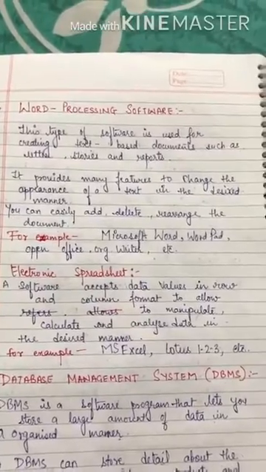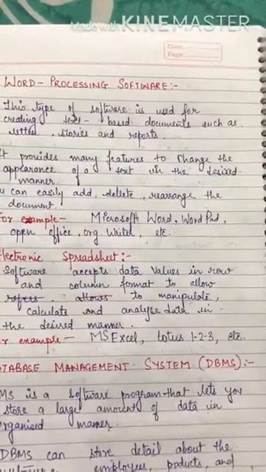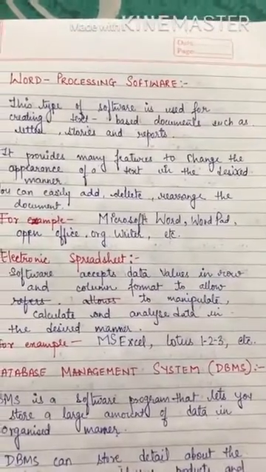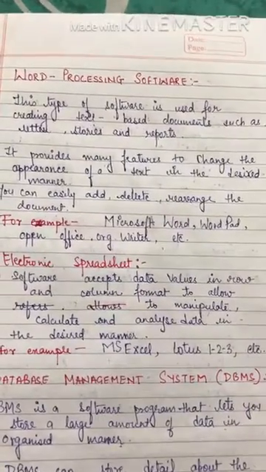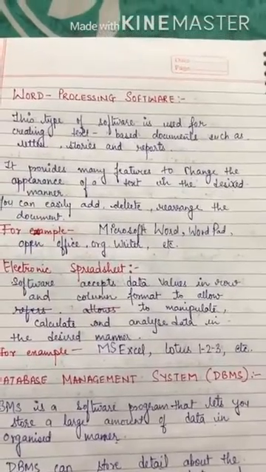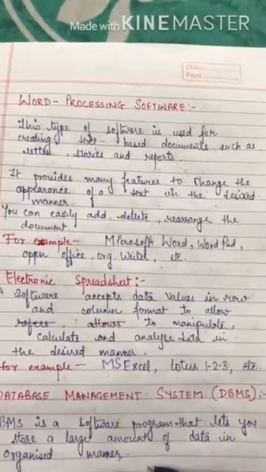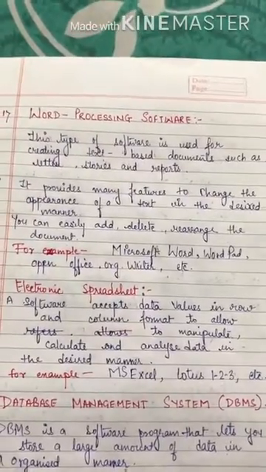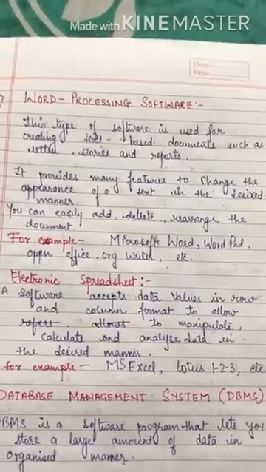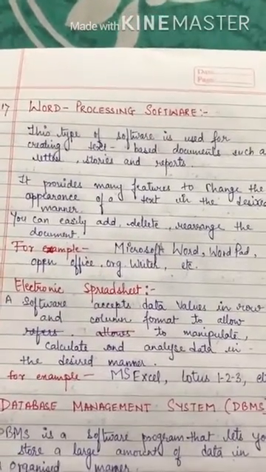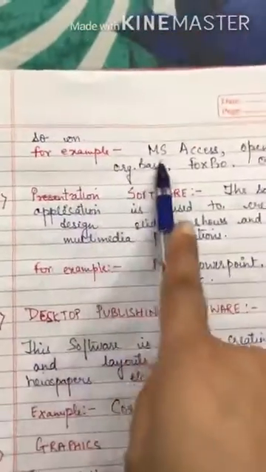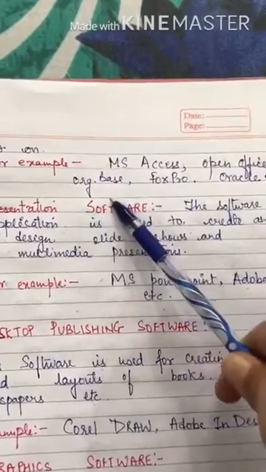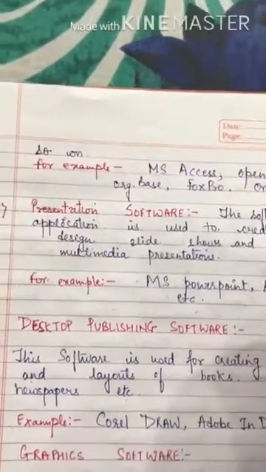Database management system: each one of us uses a database unknowingly in our daily routine, for example, managing telephone directories, payroll information, etc. Database software helps us to arrange and store a large amount of information in an organized manner, and you can easily create, add, find, update, sort, search, print and retrieve the information stored in the database. Examples of database management systems are MS Access, OpenOffice Base, FoxPro, Oracle, etc.